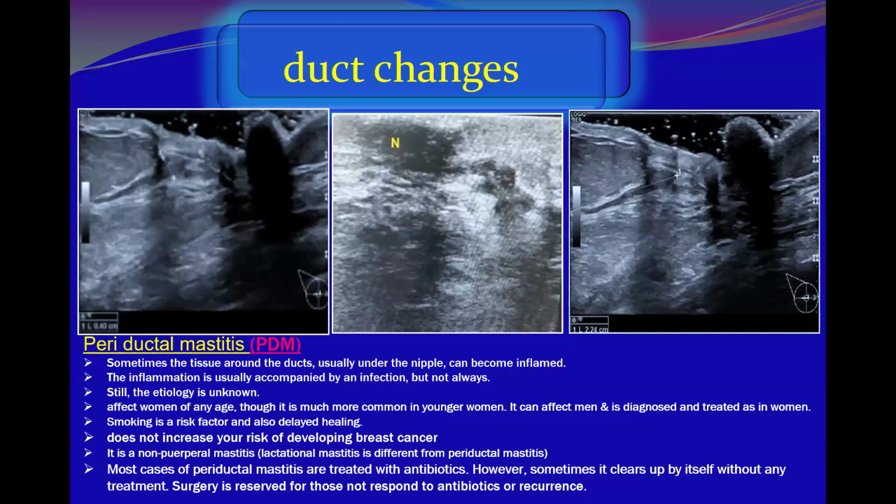Definitely, these are suspicious ductal changes. Why suspicious? Look at the direction of the ducts. There is a lack of normal arborization. This is normal arborization, where the ducts are supposed to be